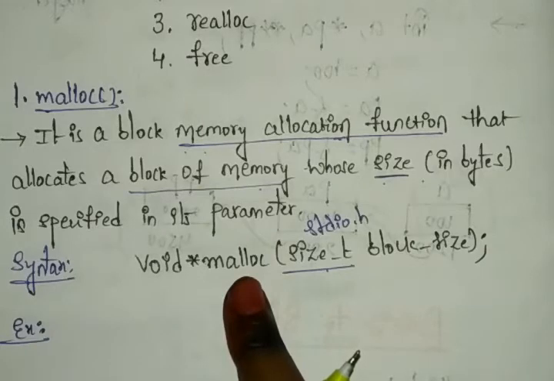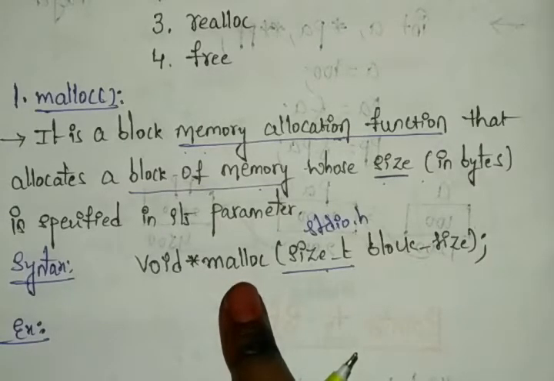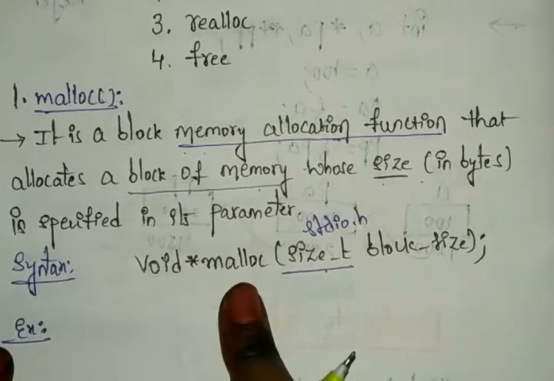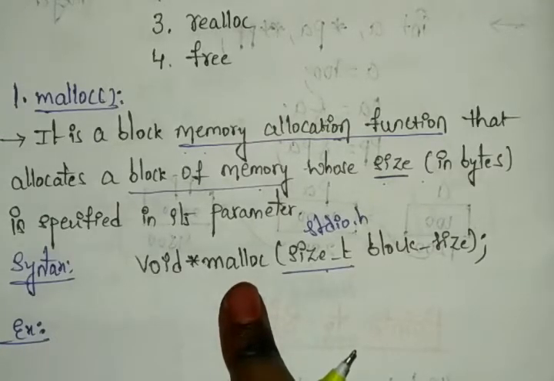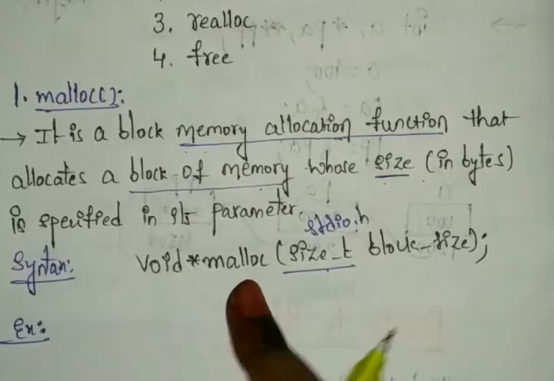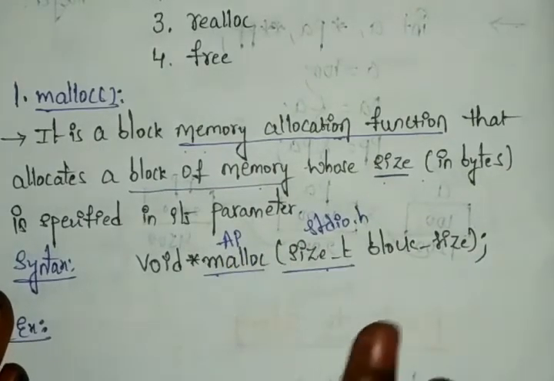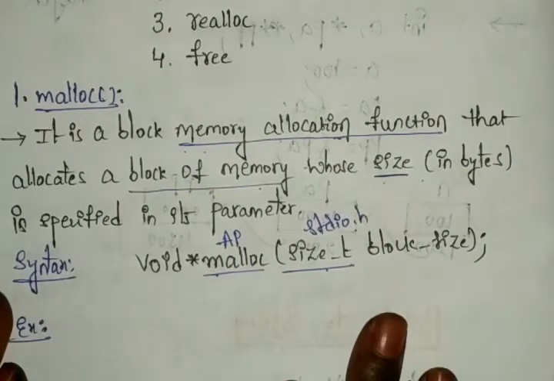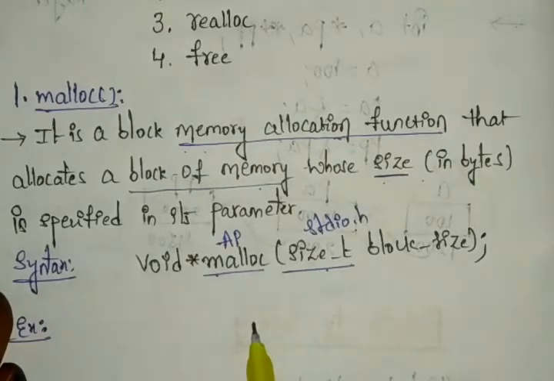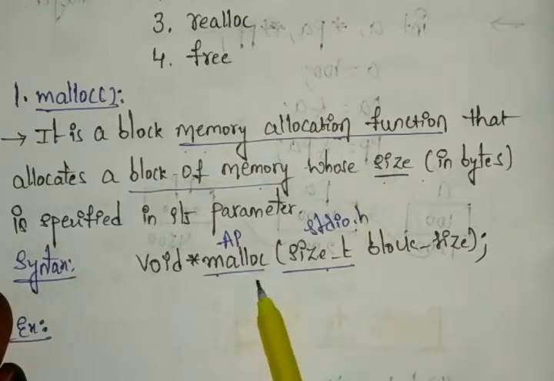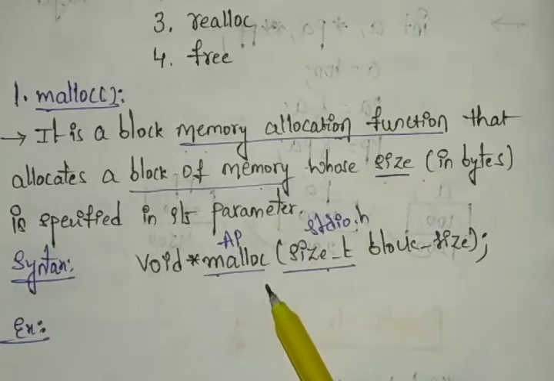And here we have malloc. The malloc function specifies the block size in the actual parameter. We have two kinds of parameters, right? Actual and formal parameters. Your actual parameter is used when calling the function. Here malloc is performed with the form of an actual parameter. AP means I am writing with the actual parameter, by using the sizeof operator to provide portability. So how does it perform the actual parameter? By using one operator, that is the sizeof operator.